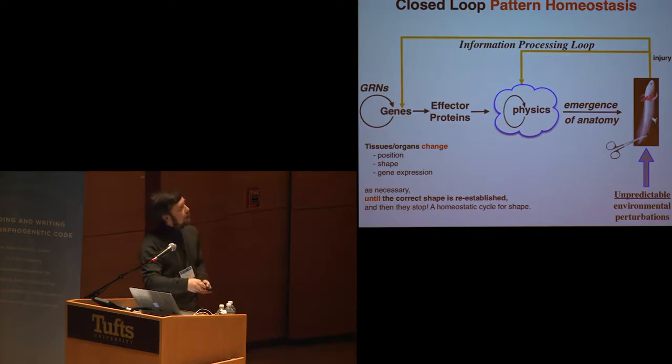Okay, so we need to focus on this information processing loop that allows tissues and organs to change position, change shape, and change gene expression as whatever's necessary until the correct shape is reestablished, and then they stop. So since that's the case,